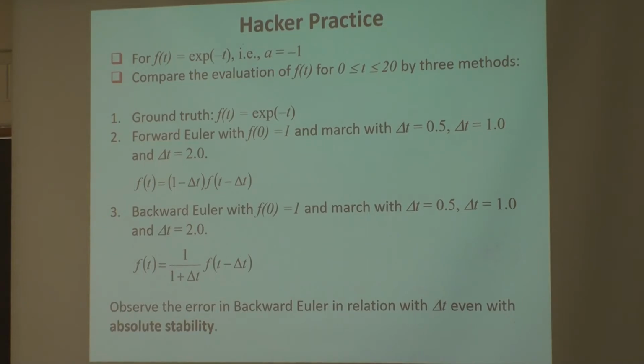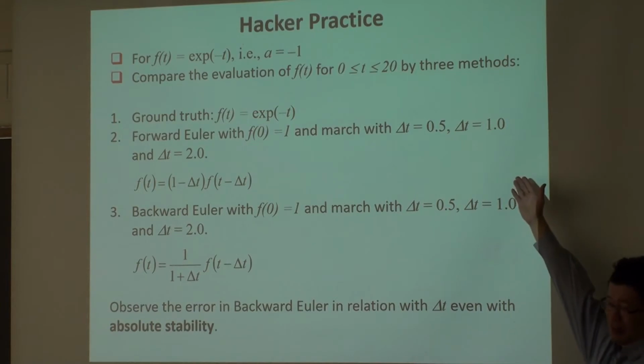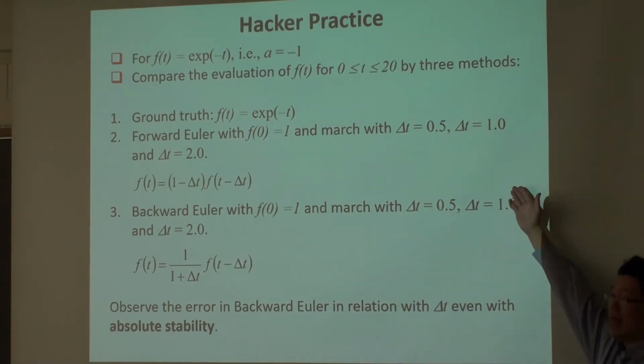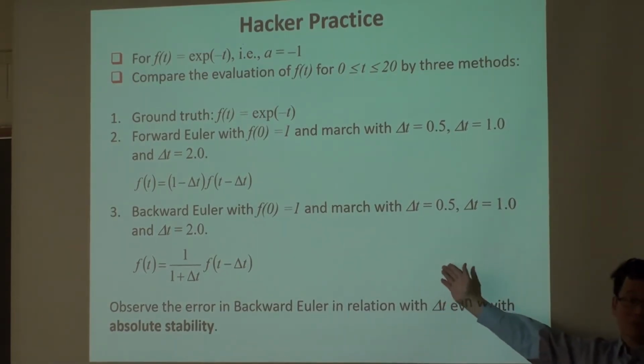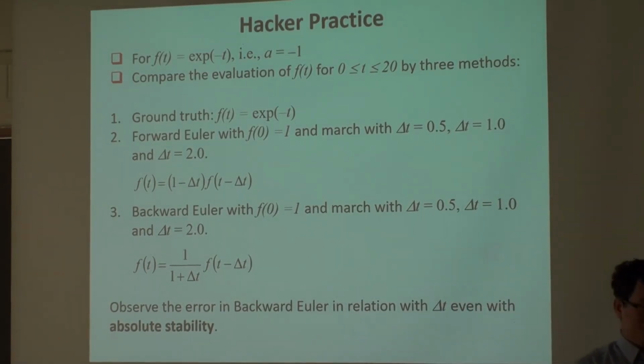So actually, for this simple question, even if you observed it algebraically, there's really no surprise, right? Your choice of delta t in some methods can lead to instability. But even for something that's absolutely stable, the choice of delta t still affects the accuracy. I just want you to remember that. This is true and absolute truth, okay? No surprises.